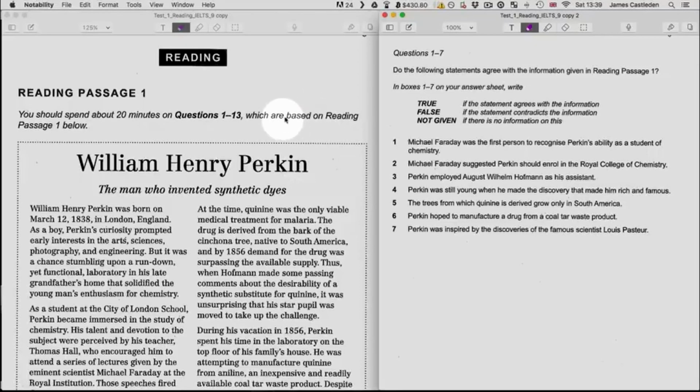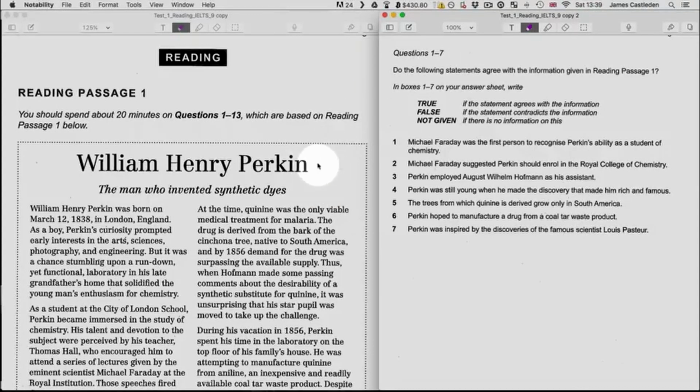Okay, this is the reading test from test number 1 of the IELTS Book 9. I'm going to be doing the reading just the way you are, so I haven't seen this before, and we're going to try and answer the questions together. I'm also going to be looking at skimming, how to skim correctly, so that we can answer the questions as quickly as we can. So we see now it's 1:39, and we're going to try and do this all before